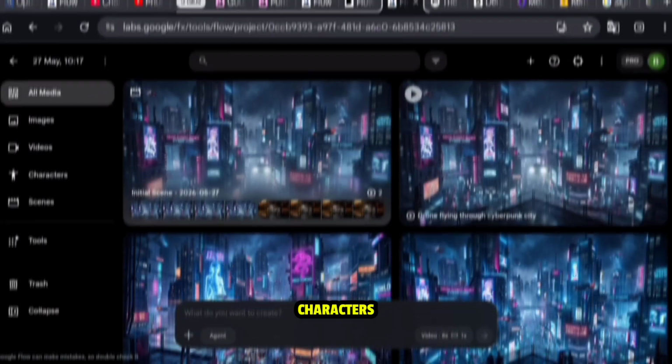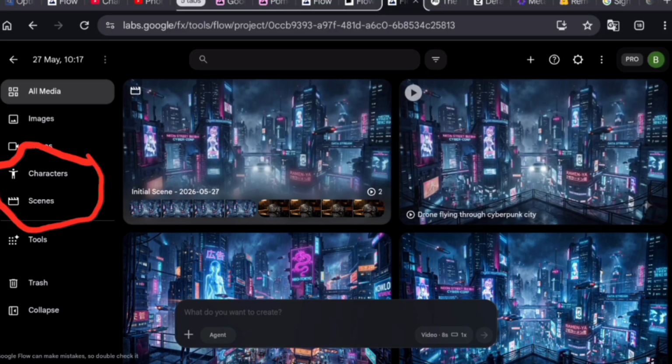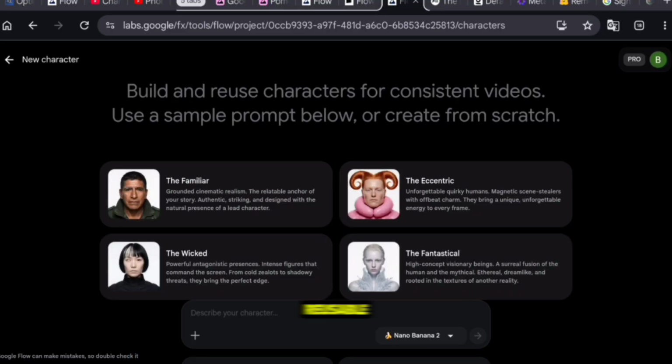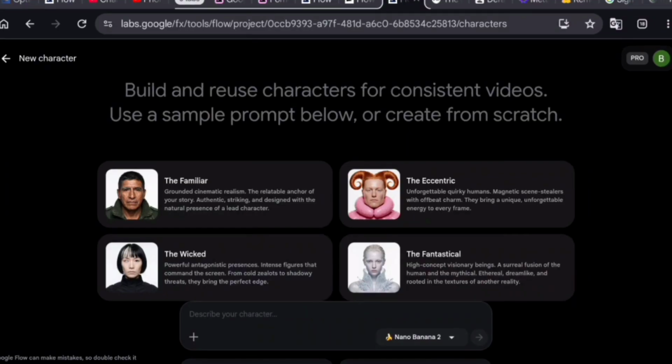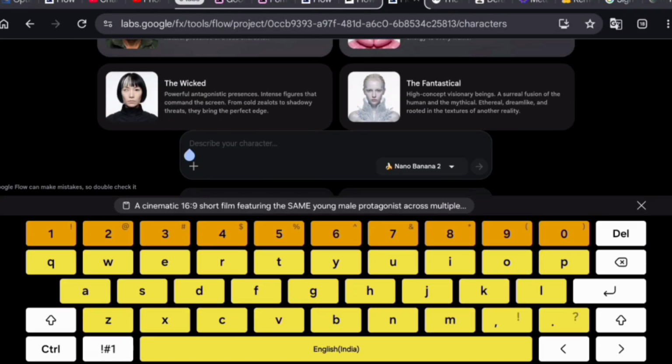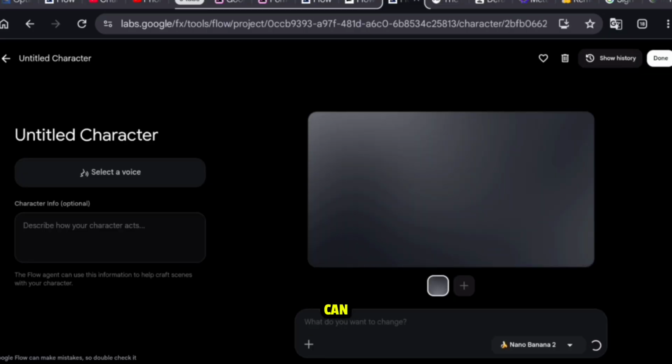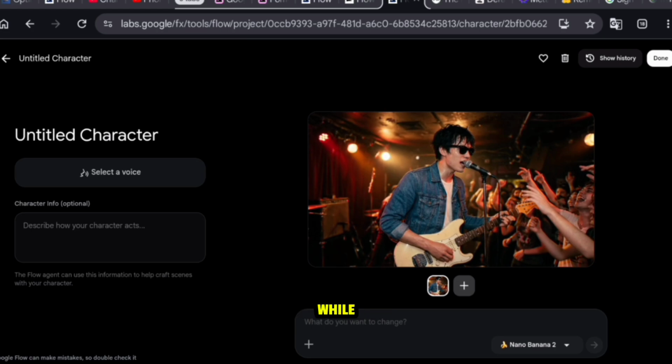But personally, my favorite feature inside Flow is the Characters tab because this solves one of the biggest problems in AI video creation: character consistency. You can create your own reusable AI characters, define their clothing, facial features, hairstyle, and overall look, then save them permanently into your library. After that, you can place the exact same character into multiple completely different environments while maintaining